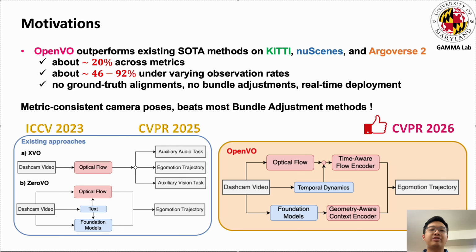OpenVO achieves metric consistent camera poses and outperforms prior state-of-the-art methods on KITTI, nuScenes, and Argoverse 2 by up to 20% overall and up to 92% under sparse observations. Unlike existing approaches, it requires no ground truth alignment or bundle adjustment, enabling efficient and real-time deployment. This demonstrates that learning-based approaches can surpass traditional pipelines and state-of-the-art two-frame pose regressors without the additional modalities, even in open-world